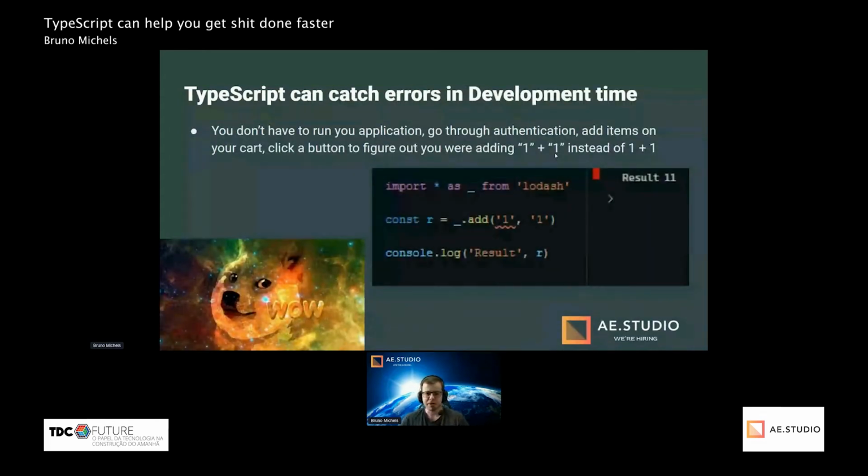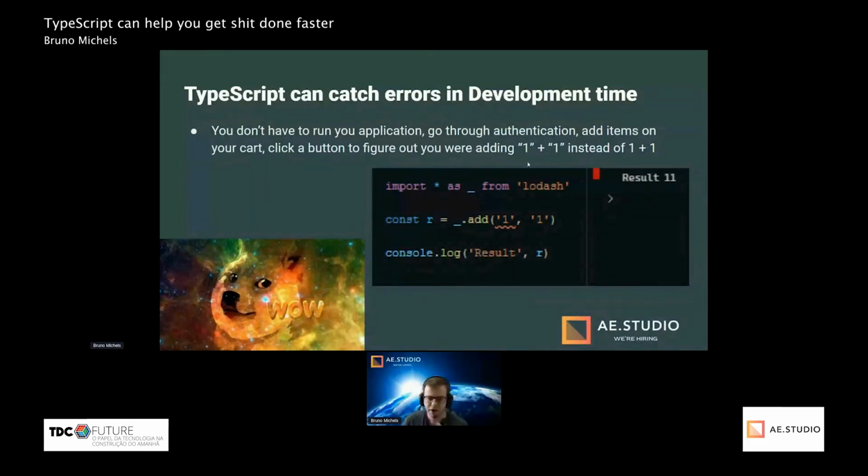One of the main things about TypeScript is that you can catch errors during development time. So sometimes you're going to have a scenario where you have to authenticate, you have to add things to your shopping cart, and then you go on the checkout page and click a button, and that button adds numbers together.